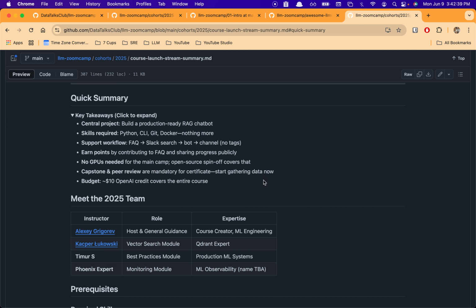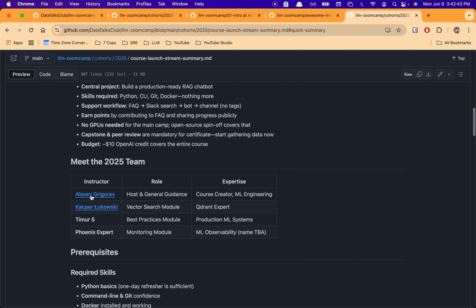Start gathering data now. So budget $10. OpenAI credit covers the entire course. So these are the